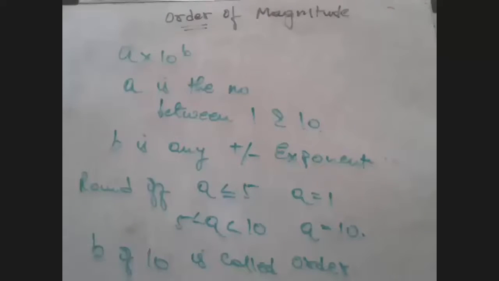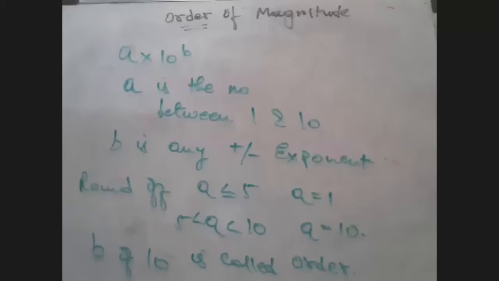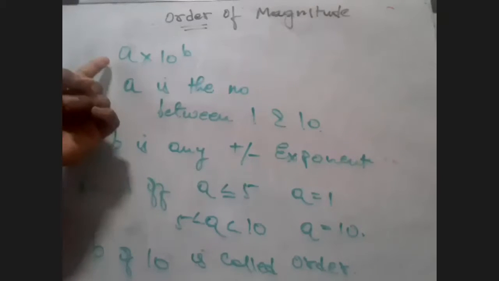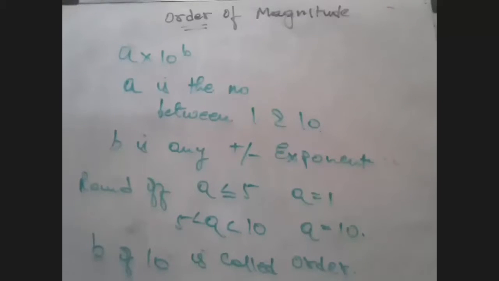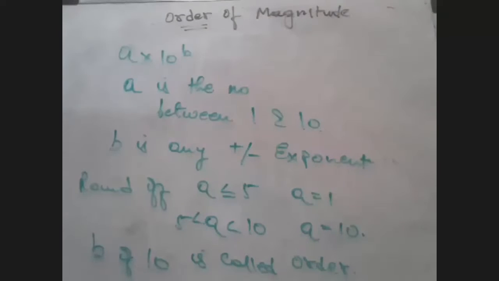Okay, so look here, students. This is the basic example given to you in your NCERT books. We are talking about order of magnitude now. Listen to me carefully. I am telling you that any number which is given to you in the form of a into 10 raised to b, if the question is find out the order of magnitude, basically you have to find out what b is. Okay, you have to find out what the exponent b is. That is the order of magnitude. How do we do that?